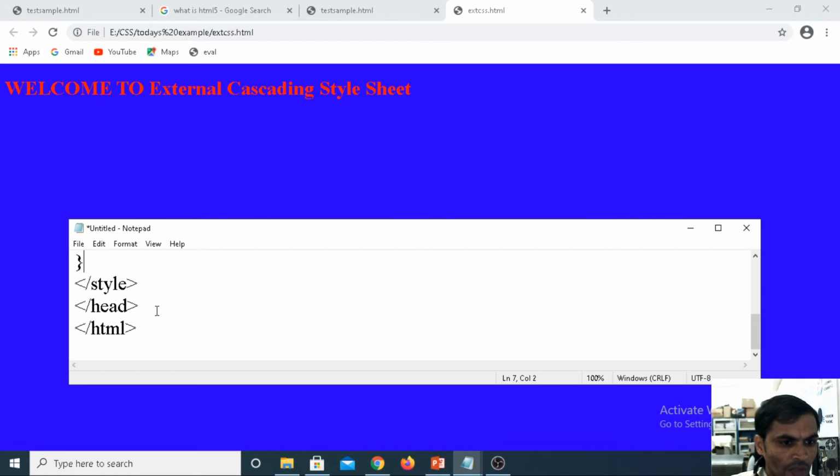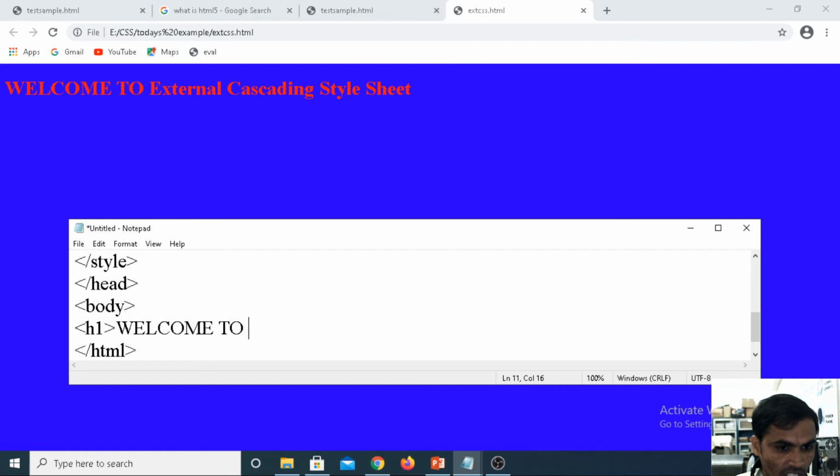Then closing the selector. Now coming to the body part, I am defining the content: Welcome to internal cascading style sheet. Closing the H1.